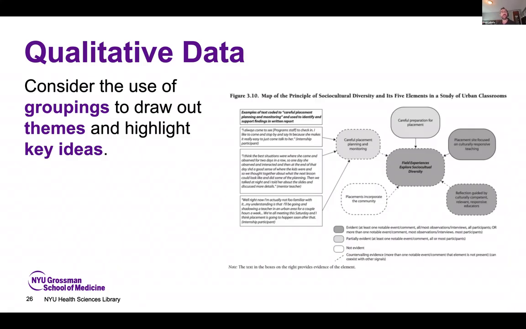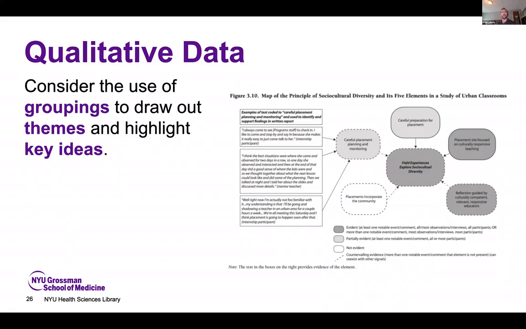Often we may as well be working with qualitative data. And so there's definitely different ways you might be presenting your qualitative data. But one key option that can be really beneficial is creating visuals, creating charts or figures that represent the themes within your text, be it interviews, be it focus group interviews.